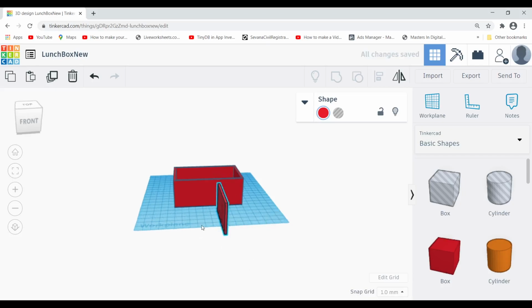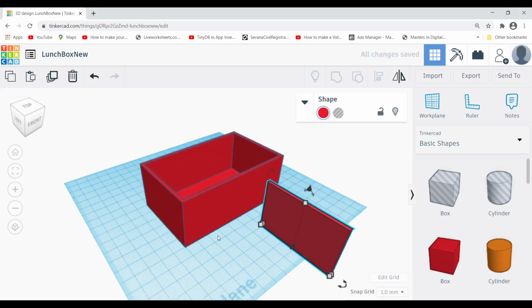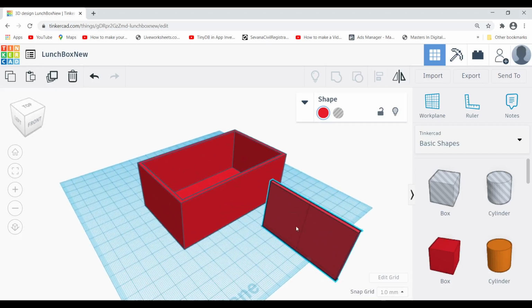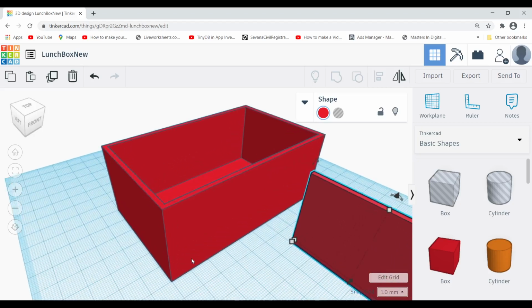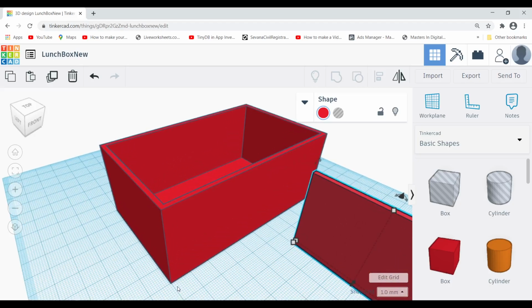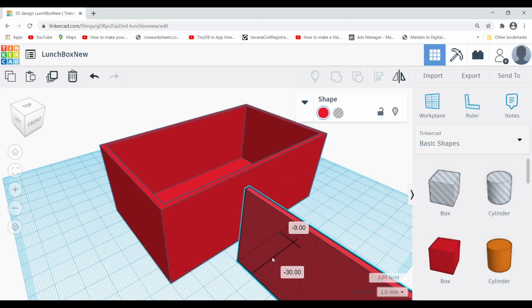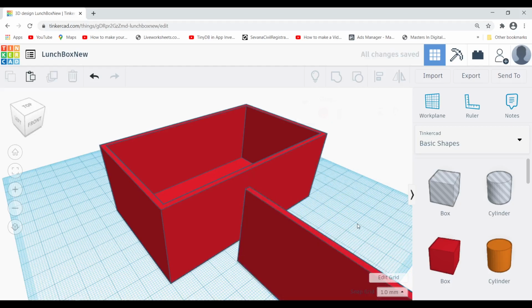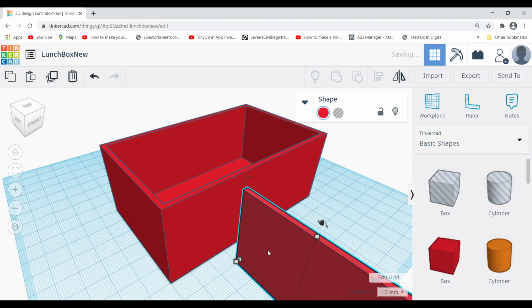So now a wall is created. Then we have to keep that properly. So I need a 30 by 70 split. So the total is 100 millimeter, and 30 percent of that is 30 millimeter. If I am counting from this corner, this is 0, 10 millimeter, 20 millimeter and 30 millimeter. So I can keep it over here somewhere at 30 millimeter. If I finalize that position, make sure that you are doing that perfectly.